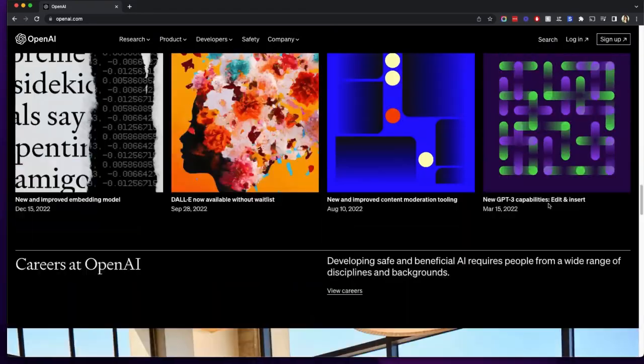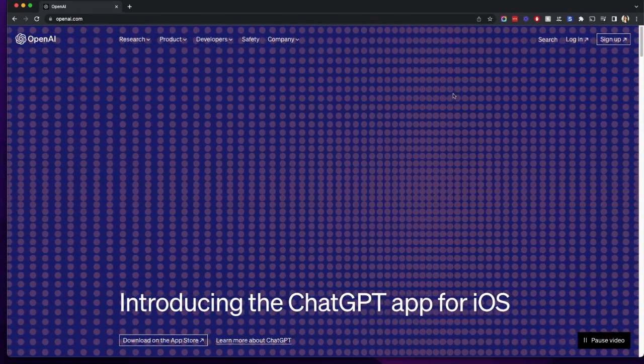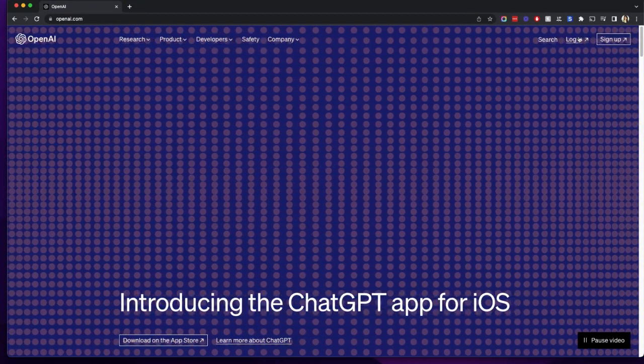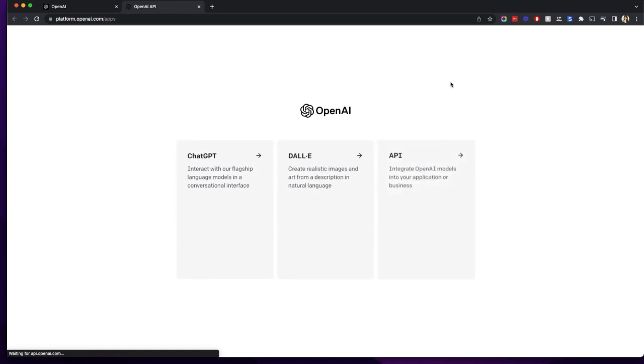Now, let's first learn how we can start using ChatGPT. The first thing you have to do is go on openai.com here, and then you click on login. Now, I have already logged in, so it's showing me this dashboard after login, but you can log in to your account with the help of your Gmail account, and then once you're logged in, it will show you these three options. The first one is ChatGPT, which we are going to cover in today's tutorial,